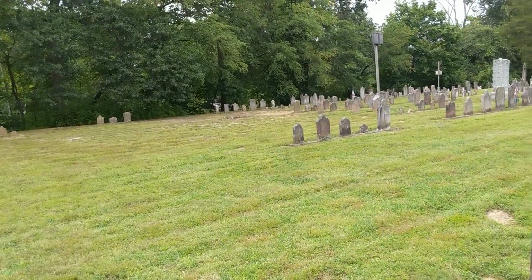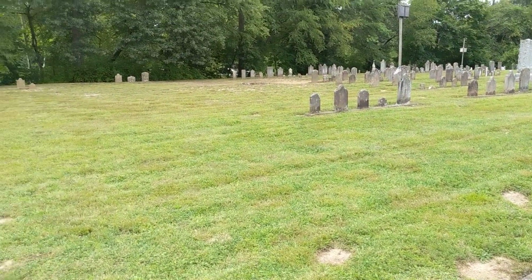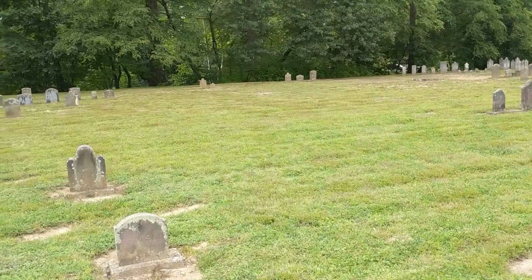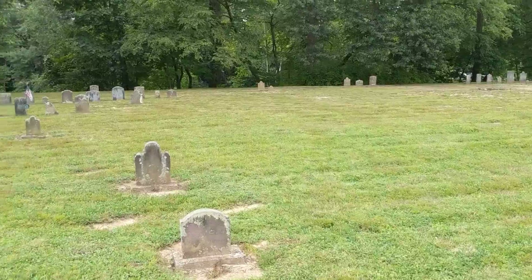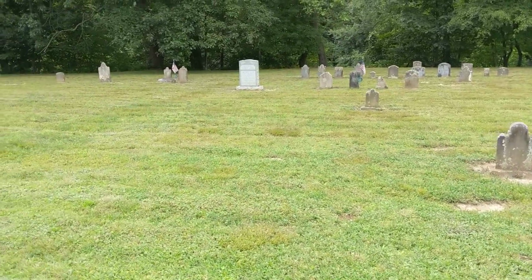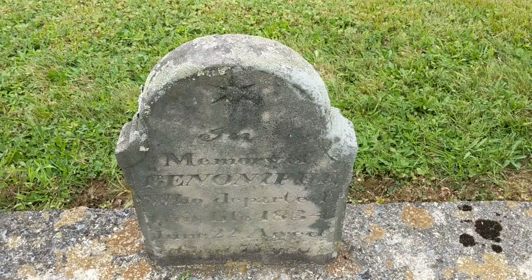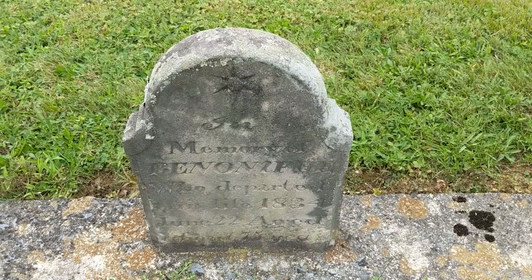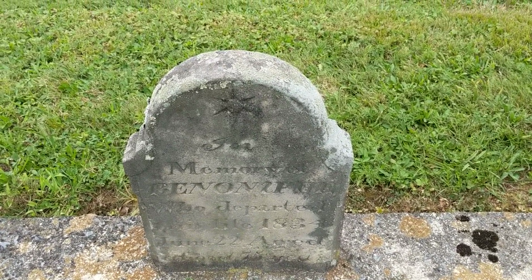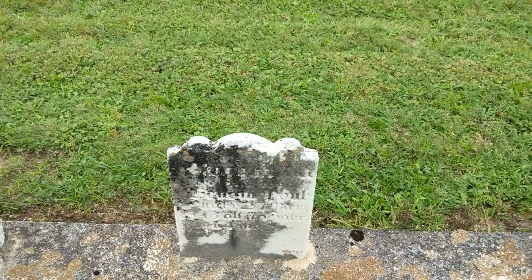Like these were stones that either fell over, or, this is a Lutheran cemetery, and it's been a Lutheran cemetery from the beginning. But Moravian cemeteries especially, one of their beliefs is that everybody is equal in death. So whether you're rich, poor, whatever, they all had the same flat stone. And because of those flat stones, unfortunately, a lot of them didn't survive over time. And there was a couple, like the Bethel Moravian over in Lickdale and in that Monroe Valley. Those were both Moravian cemeteries. And I know the Monroe Valley one was the Moravian mission for the Monroe Valley. And at that time, it wasn't known as Monroe Valley, but